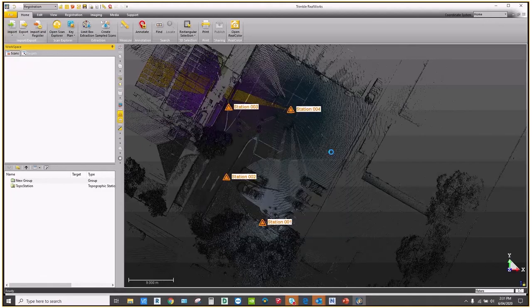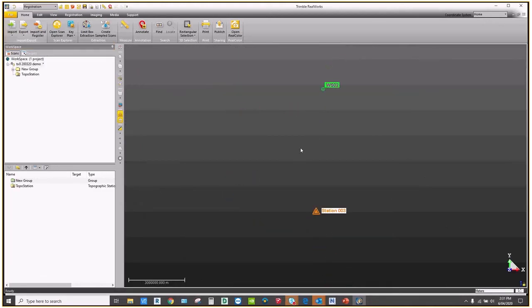So bring that in. So you'll see now we've got our survey control off in the distance here and our point cloud down here at 0, 0. And now over here in the bottom left, we've got our group and our control file. Now, there's a number of different ways of geo-referencing your data, depending on how you've attacked it in the field, basically. I'm going to show you a couple of different methods with different data sets just after I show you this method here. But in this particular example, we were on at least 2 of our stations,